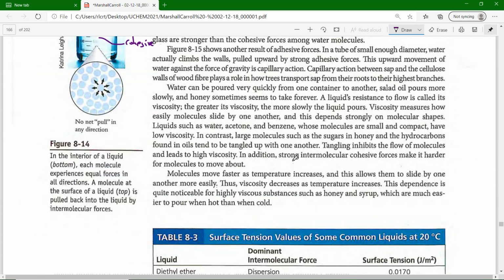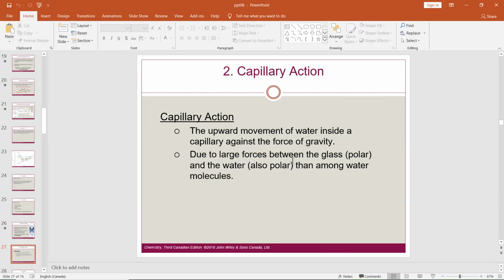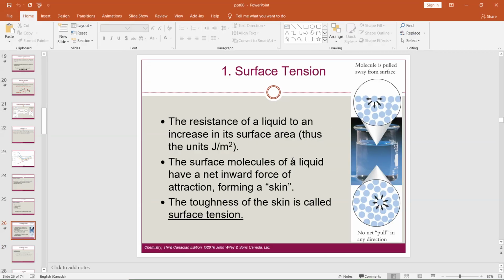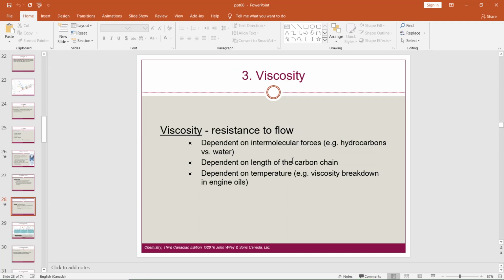Let's see if our slides have anything to add to that. So surface tension, we looked at that. Capillary action, the upward movement of water inside a capillary. So a capillary has a small cross-sectional area, against the force of gravity. Due to large forces between the glass and the water, greater than among water molecules, in other words adhesion greater than cohesion, we'll get capillary action. And then we get to viscosity,